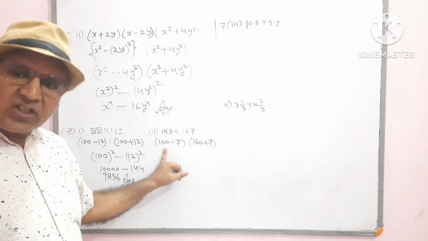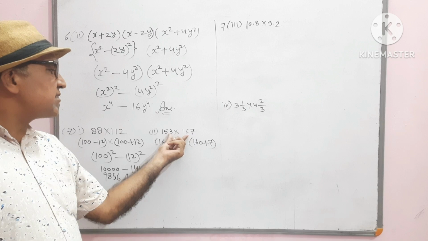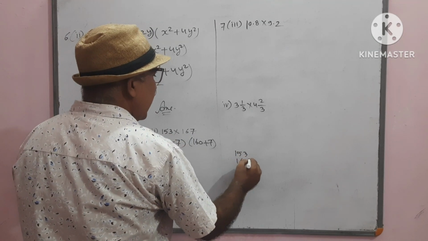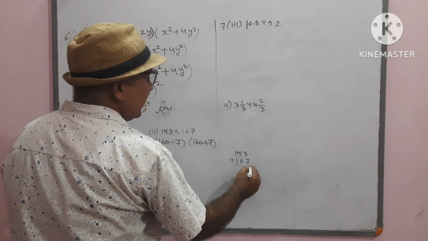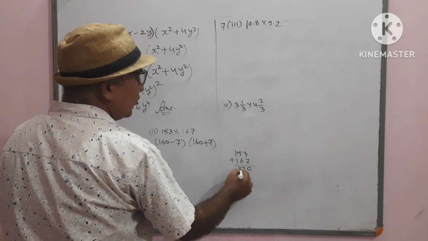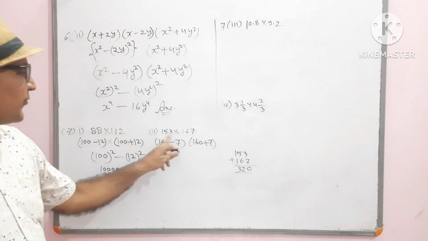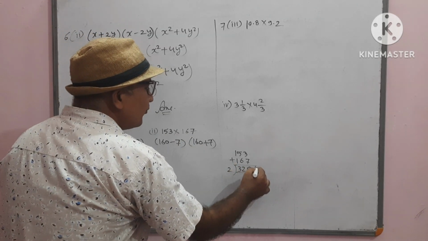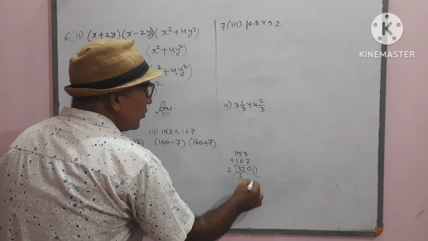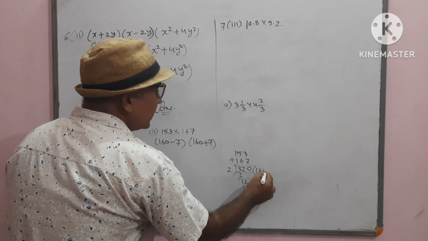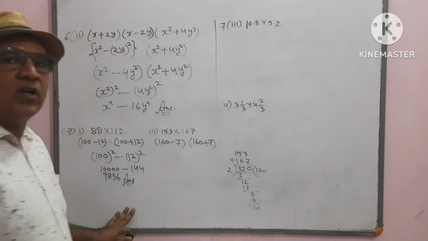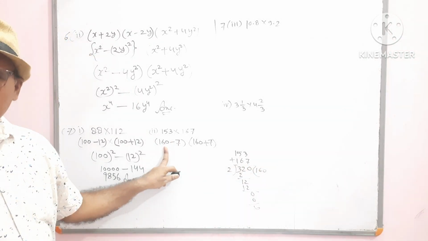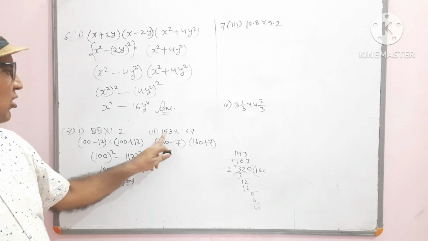To find the first term, add both these numbers, 153 and 167. 7 3 10, 1 carry on 12, 2 1 3. After adding both the numbers, divide it by 2. 2 1 are 2, 2 6 are 12 and then 2 0 0. We are getting 160. This will become the first term of the bracket.